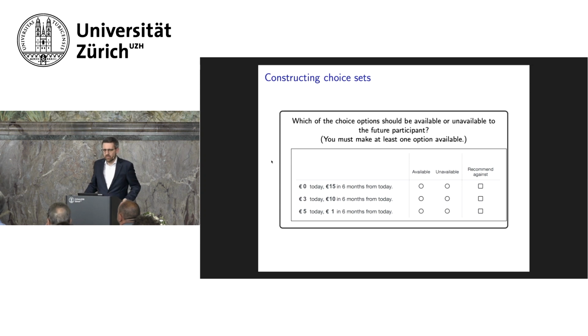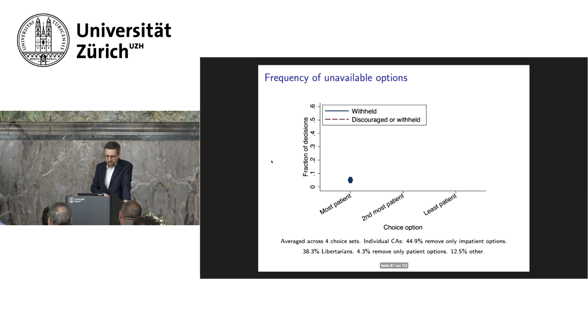And so if you're a choice architect, that's the person who decides which of these options will be available to the chooser. Now, if you're a choice architect, you might say, well, giving up €9 just so you get your money earlier, that doesn't seem like it would be a good decision. So I want to protect you from making the mistake and choosing that option. So I'm going to take that option away from you so you cannot possibly choose it. So that's the experiment design.